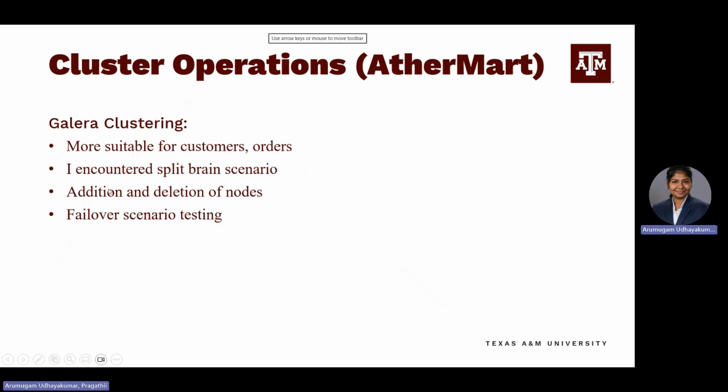Now, cluster operations in Ethermart. I performed Galera clustering using 3 nodes, and I think this is most suitable for the customers and orders tables, where the consistency of the data is really important. Customers essentially hold the identification details of the customer, and orders contain the list of cart details, which deal with price, and thus they have to be more consistent than available. And while implementing this